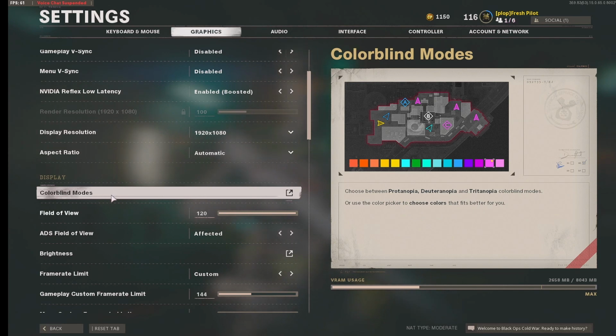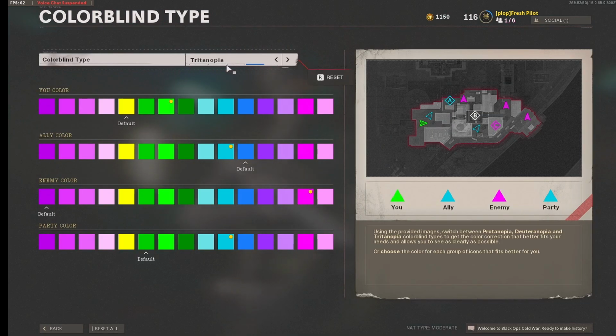Now this is an interesting one, colorblind modes. You don't have to touch this if you don't want to, but I think it makes it easier to identify enemies. So if I click into colorblind modes and go across to Tritanophia, I butchered that completely, apologies, you can select various different colours for enemies, yourself, party colours, and it can just help identify them a little bit easier on the map. So I have me as green, just because I like the colour green. That's literally it. Ally colour, blue, but the most important one is enemy colour, because it can really help identify